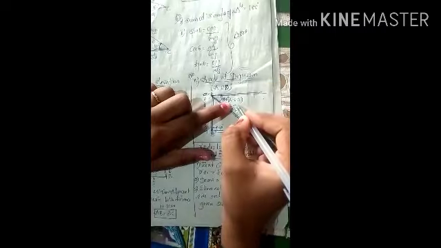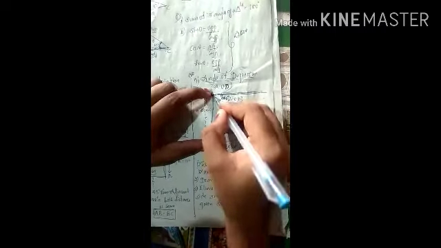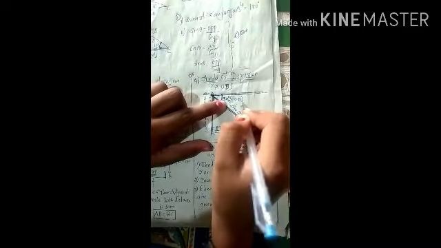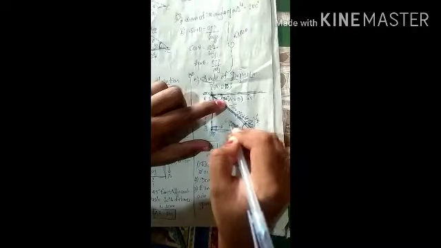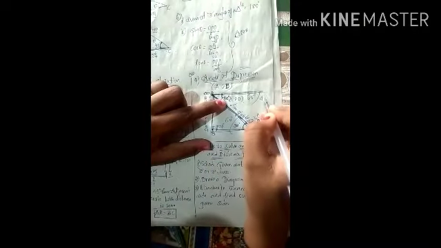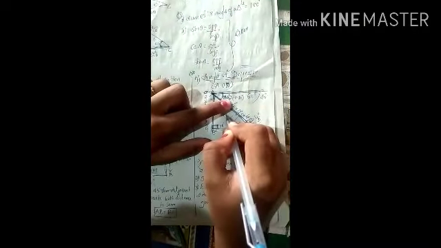In this angle of depression, this is 30 degrees, so according to the transversal, this also will be 30 degrees. Suppose if I took my angle of depression as 60 degrees, here also it will become 60 degrees. If I took 50 degrees, here also it will become 50 degrees. Okay, this is about the angle of depression. Simply, how you remember: from bottom to up, if you see, that is angle of elevation, and from up to down, if we see, that is called angle of depression.